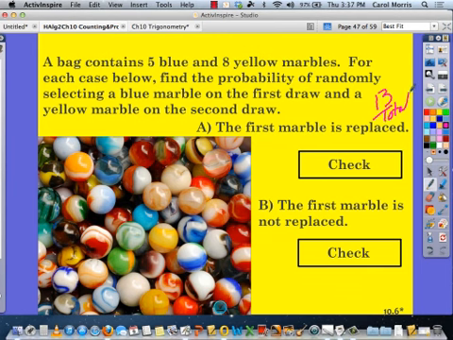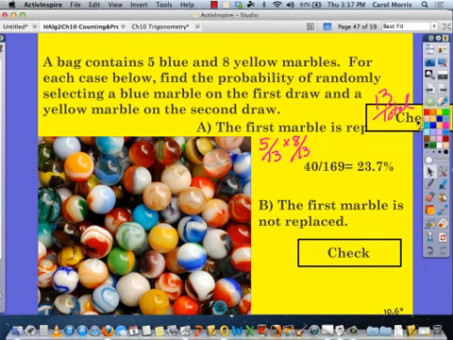So that's key. All right. What's the probability of getting a blue on the first draw? We'd have 5 out of 13. And then, because they have nothing to do with each other, we put that marble back in and select a yellow on the second draw, so we would have 8 out of 13. So there's our work. Multiply it out. Cancel if you can. Check it. Did you get 40 over 169,